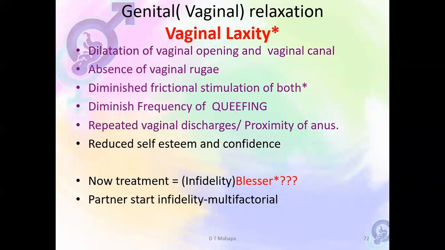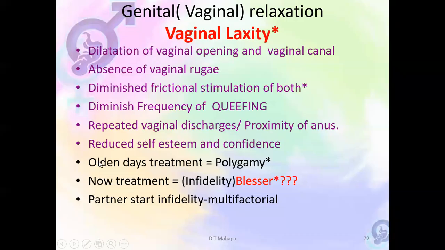Then it reduces the self-esteem of a woman. If a woman feels that she's like that, the confidence is diminished and the self-esteem is diminished. Most believe the partner can tell her that things don't look like before, when you were still courting. And these are not things that come now. They've been there for years.